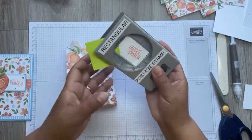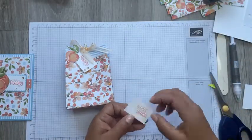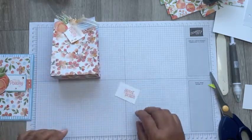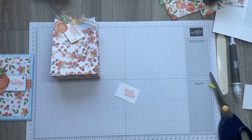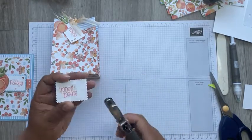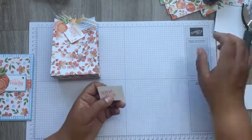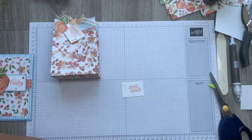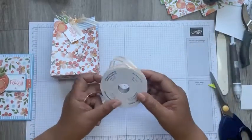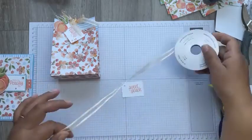and also I've got a little top little hole where the ribbon will go. So what I'm going to do is just make a little hole for the ribbon. Just going to punch a hole through there. The ribbon I've used is this lovely ribbon, the new ribbon, the open weave ribbon, and this is Pale Papaya,